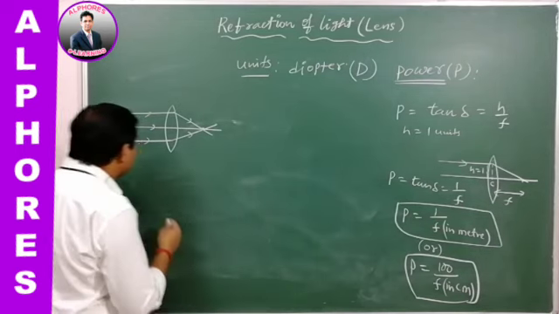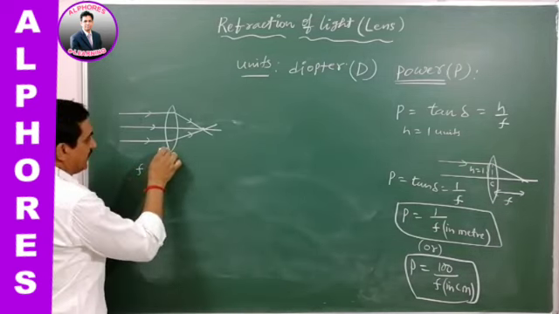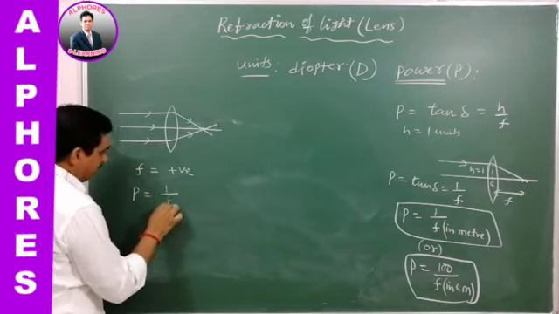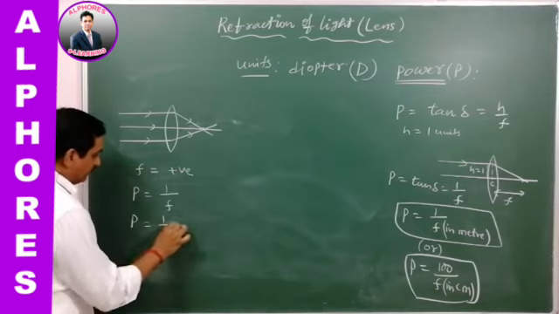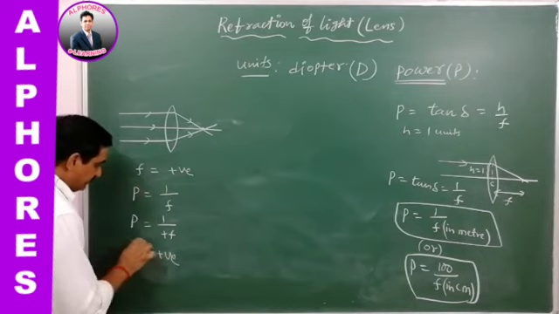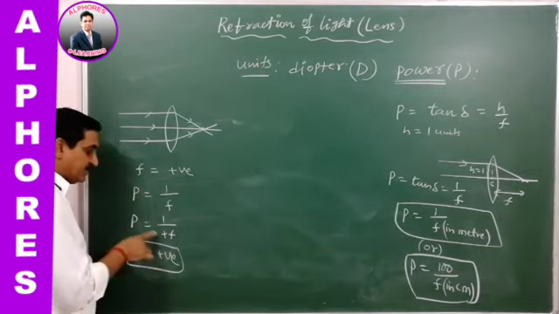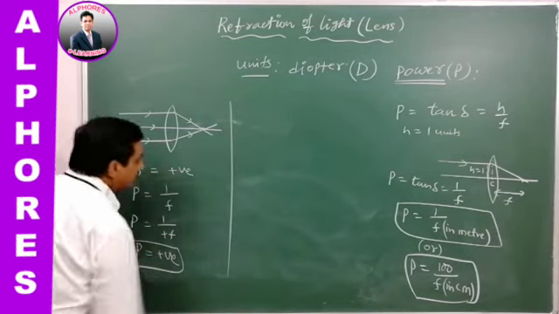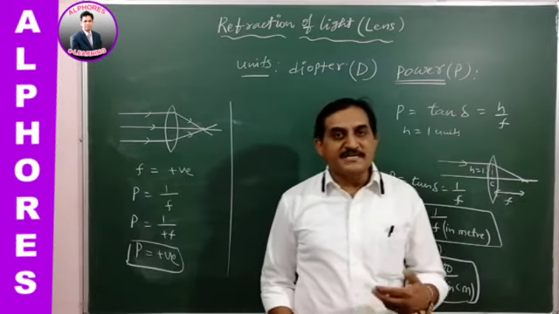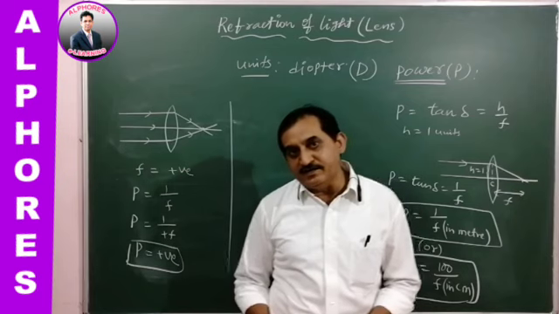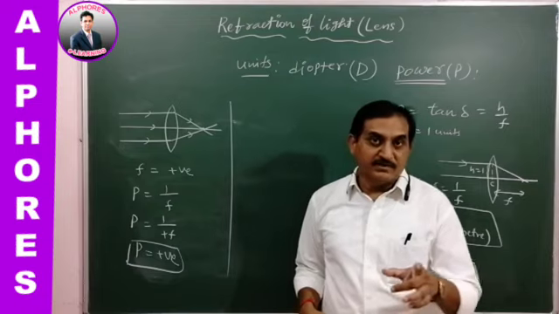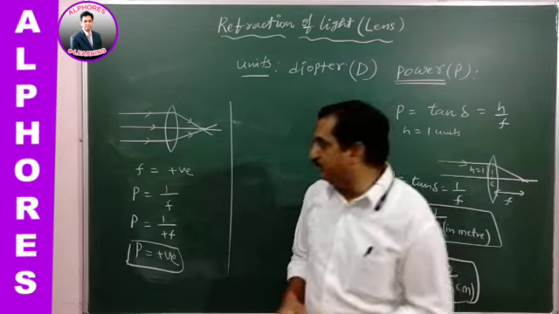How is its power positive? We know the focal length of this convex lens or converging lens is positive. Therefore, with the power formula 1 by f, power equal to 1 by plus f. As a whole we get a positive value, because the focal length is positive, therefore the corresponding power is positive. So this is for the converging lens. Therefore, we can state that a lens which is converging in nature, converging the light rays during refraction, has its power taken to be positive.